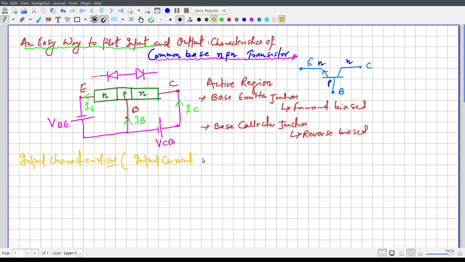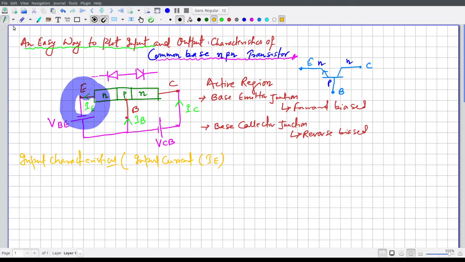In that case our input current is simply our IE, the input current is our IE.